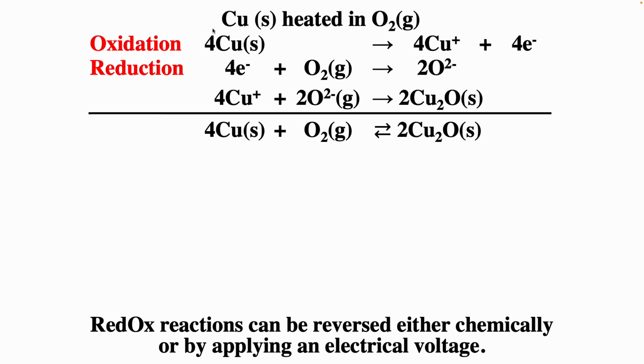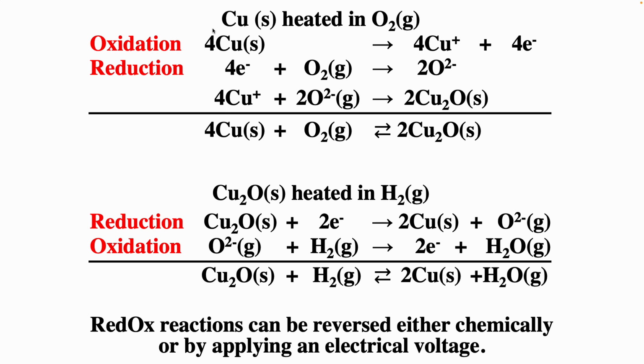And so it's a kind of cool reaction. Copper is just going to the copper oxide. And it's kind of cool. If we think about it, we can actually go from the copper oxide back to the copper metal if we use hydrogen. And so oxygen in this reaction is reduced, it's gaining electrons. Hydrogen is a good reducing agent, and so it can actually cause the copper oxide to go back to the